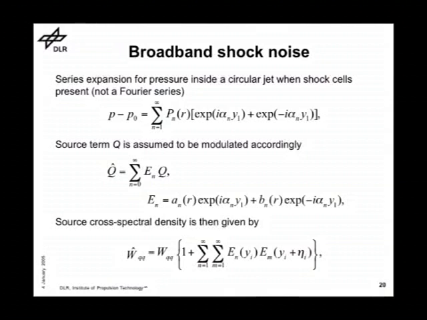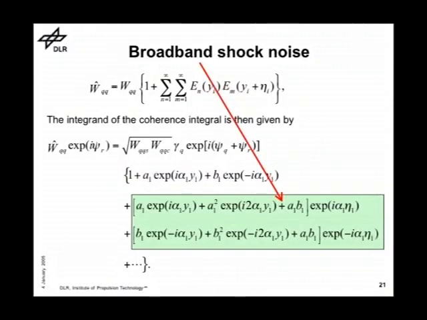So the axial separation plays a role, and the axial wave number plays a role. And then the source cross-spectral density is given by the original source cross-spectral density times 1 plus a double sum over this term. And if we evaluate this, we get